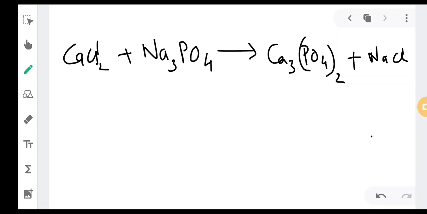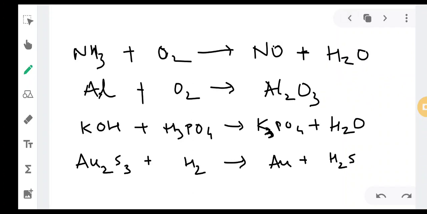Now over here there is a bracket, so this will get multiplied to this, and this will get multiplied to this. You all need to know how to solve bracket problems. Wherever there is a bracket, you have to know how to solve it. The whole bracket gets multiplied, everything with the number outside the bracket. Plus NaCl. So these are 5 equations which you need to solve and send to me within 3 to 4 days.